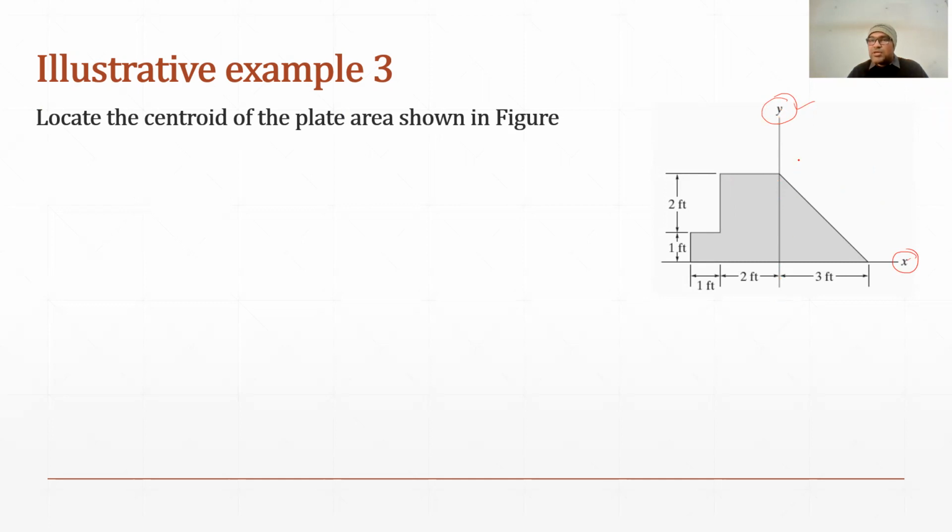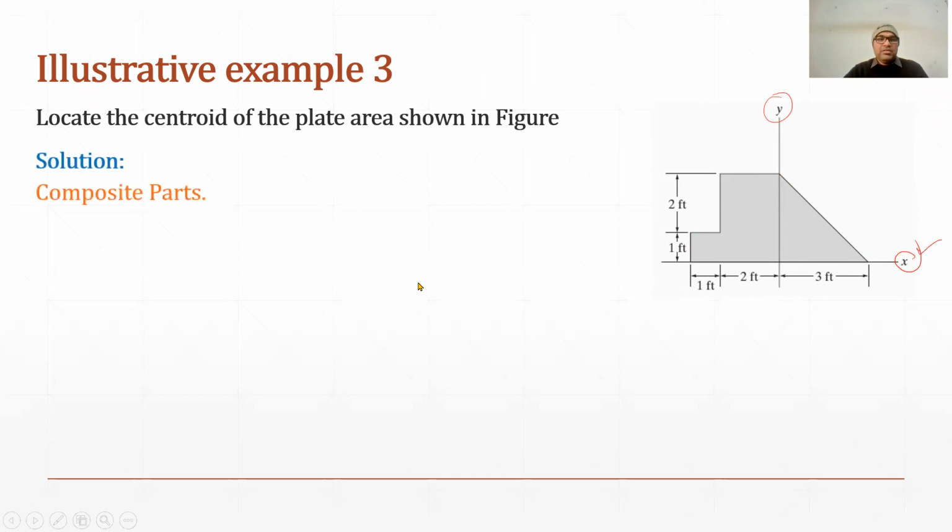In another way, you can pass this y axis from the extreme left also, but accordingly you then have to measure the coordinates with reference to that fixed axis. So here I am fixing the x and y axes as they are, where y is passing through the body, and x is passing along the extreme bottom of the body.